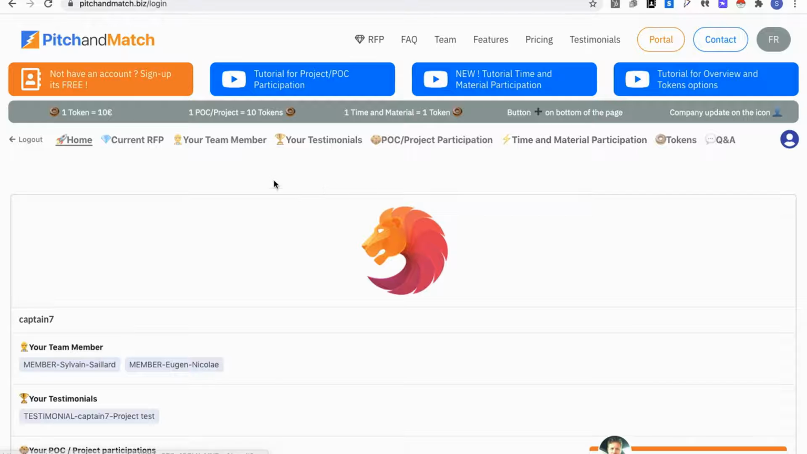Here is the same as the menu. So you will see the current RFP, where you will be able to see the new time material offers or project offers. Team member and testimonials is the area where you will put your information regarding your team members and your testimonials. And project participation and time material participation is the area where, once you select one of the RFPs here,